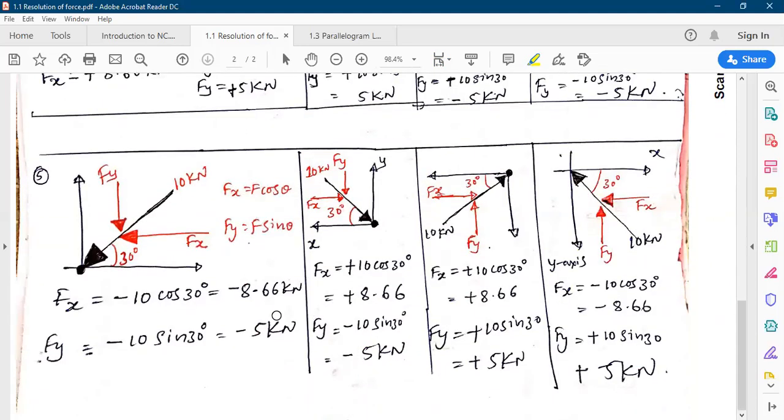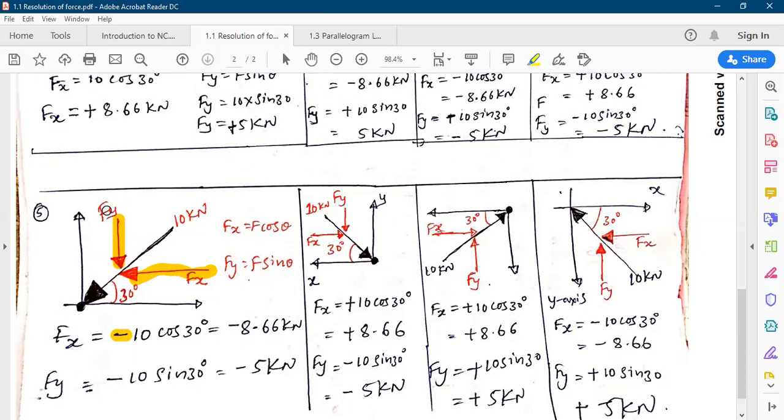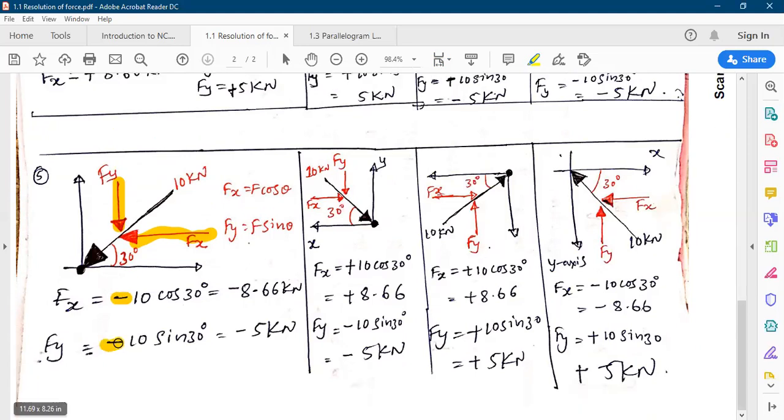Similar to that, there are a few more examples we can see here. If the force is acting towards the point, the arrowhead shows the force is acting towards the point. So that time also you have to project the force onto the x-axis. Look at the arrowhead. The arrowhead is acting leftwards. Similarly, the y component of the force is acting downwards. The x component is acting leftwards, so it is taken as negative. The y component is acting downwards, so it is also taken as negative.